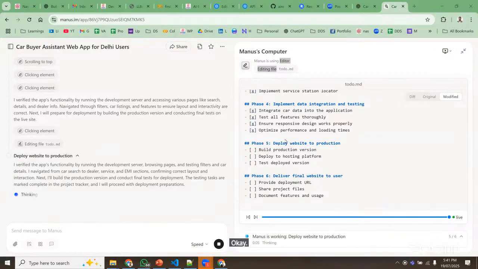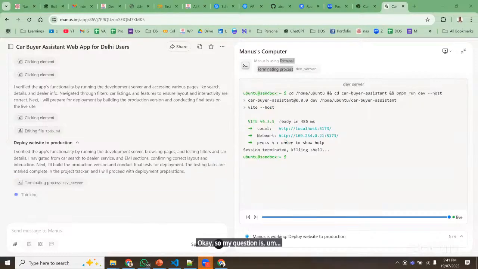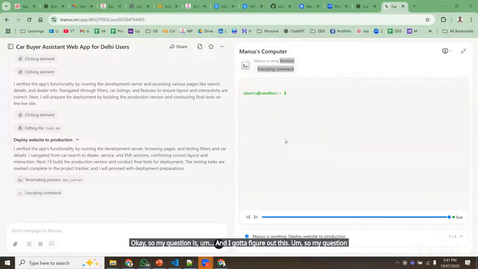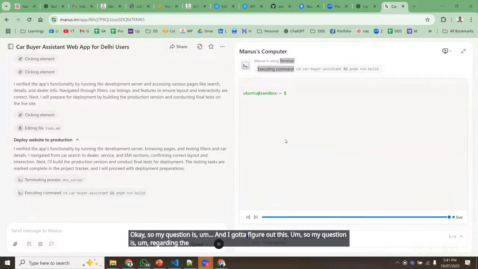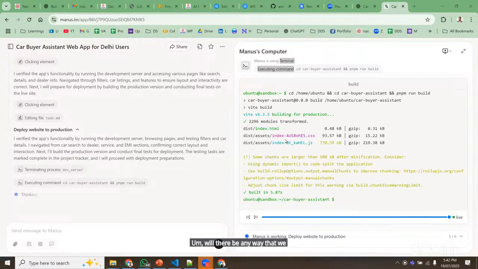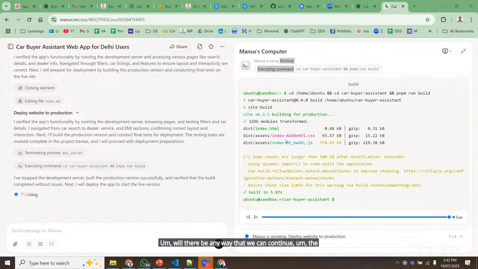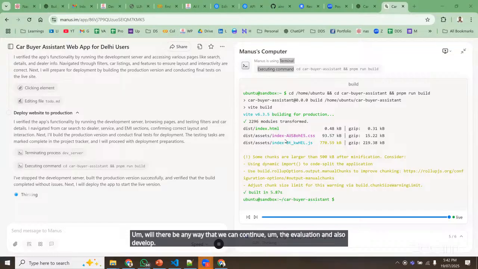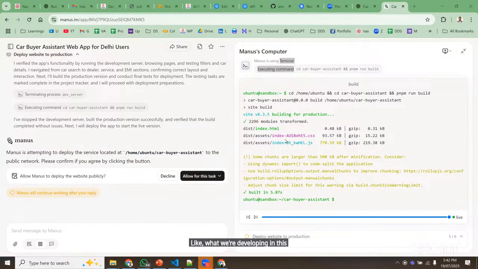Okay, so my question is regarding the challenge. First of all, it's a very important challenge. The second thing is, after we get done with the challenge, will there be any way that we can continue the evaluation and also develop what we're developing in this challenge after the 8th day? For example, I'm doing a chatbot that will evaluate business models,